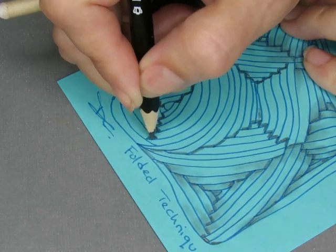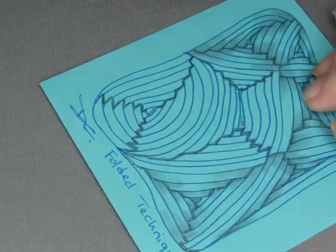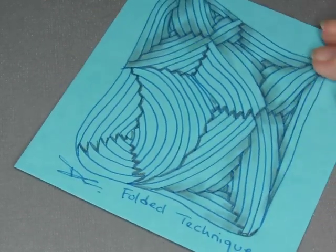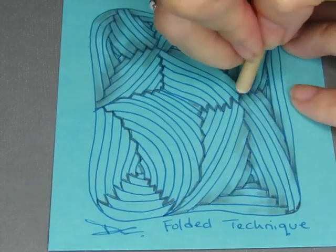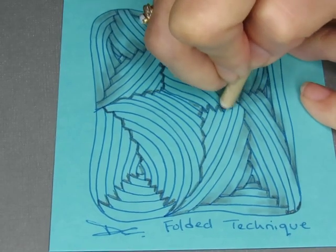I don't think I did that one quite correctly, but it's okay. It all works out in the smudging, right? Anyway,